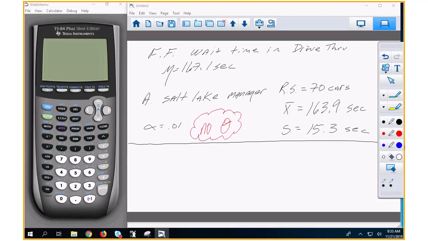So here we go. T is equal to x bar minus mu over what's missing? Sigma. So you're going to put in S over the square root of n. Yeah, square root of n. So plug and chug. I want you to plug and chug in this one. And you need your calculators, so go ahead and get them out. Everybody's got a phone. You got a calculator on a phone.